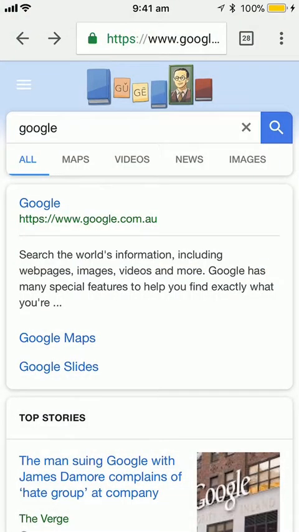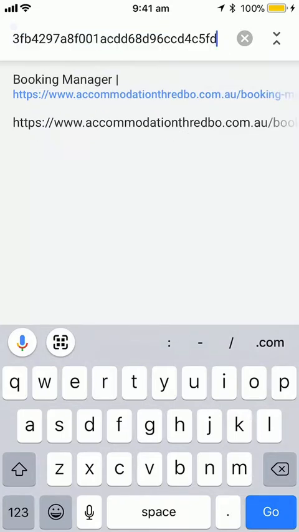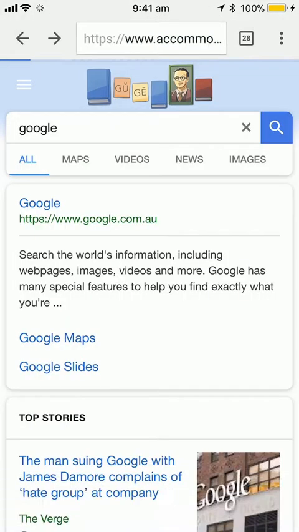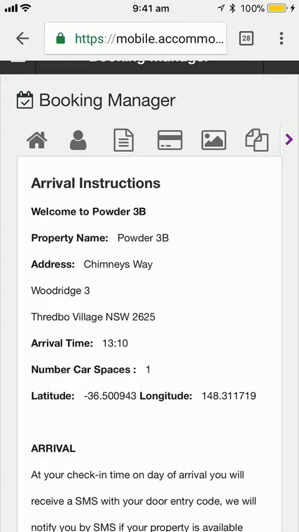What I'm going to do is go to a browser, and I'm going to paste a URL that the guest would have received as he was about to arrive at the property. And so this is the link that would give him his arrival instructions, and you can see that this here is giving him his